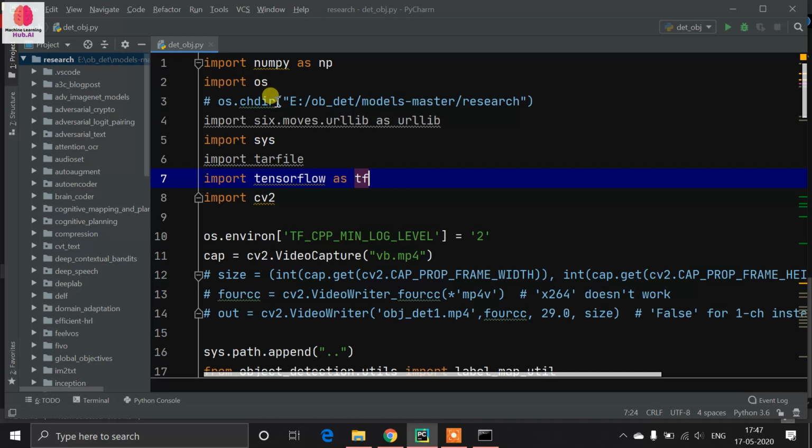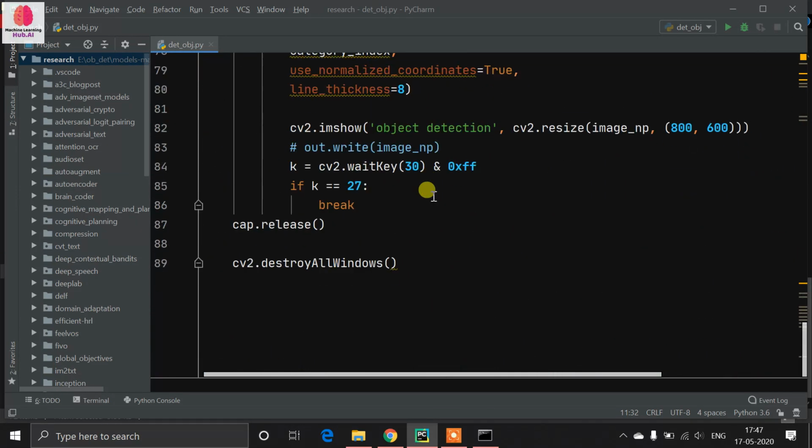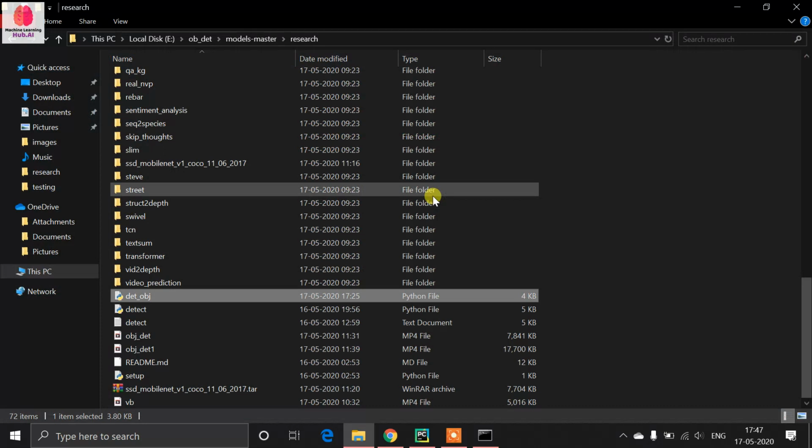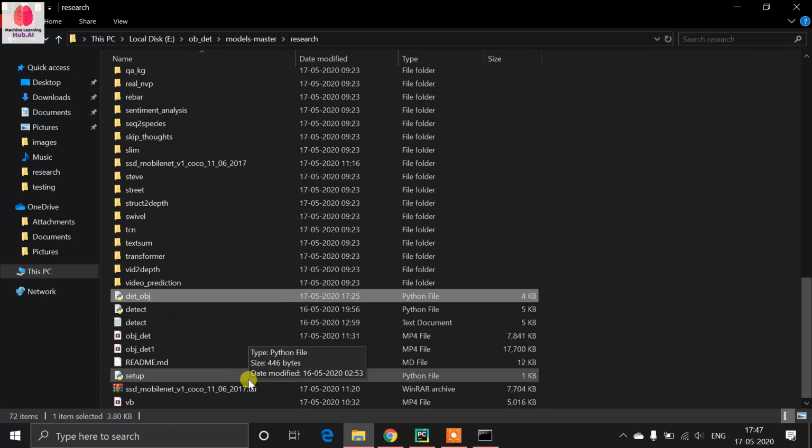Now this path, the research directory path, is your working directory. Now you have to download the model. If you don't know what is happening here, we are using the transfer learning concept. Transfer learning is a simple concept: Google trained a model on their high-end GPUs with a large dataset, and they give us just a graph file, a model file.